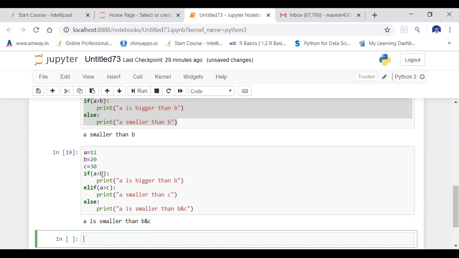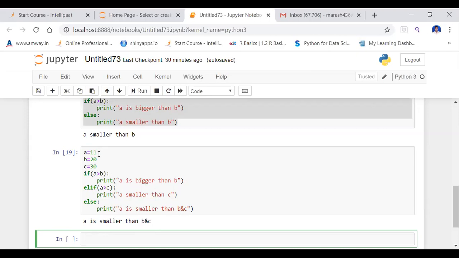So now it goes to the next condition: A is greater than C. If we compare the A and C values, this is also not satisfied. So since these conditional blocks fail, it goes to the else block. The else block statement is: A is smaller than B and C. So that's why it has printed like that.